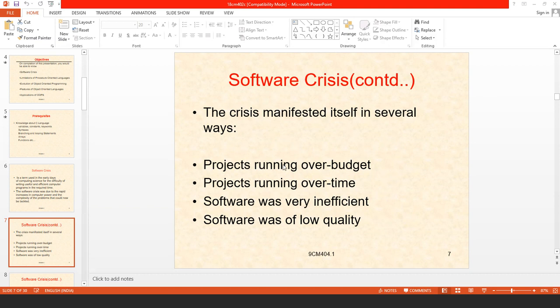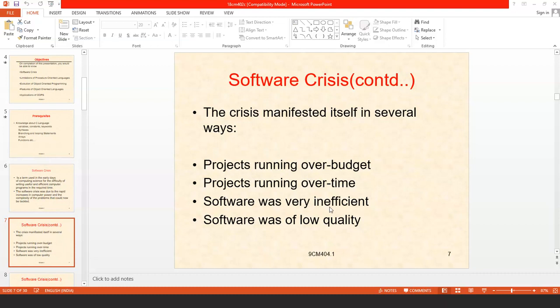Normally, for developing any particular software, the budget is allocated beforehand. But as the complexity of the program increases, obviously the allocated budget also has to increase. And of course, projects running over time: they may not be completed within the time, and may require some more time.